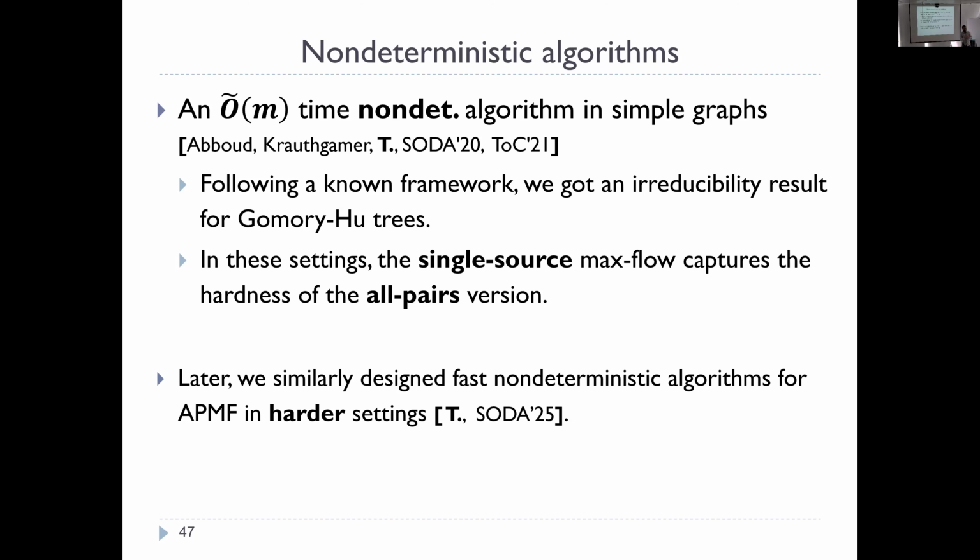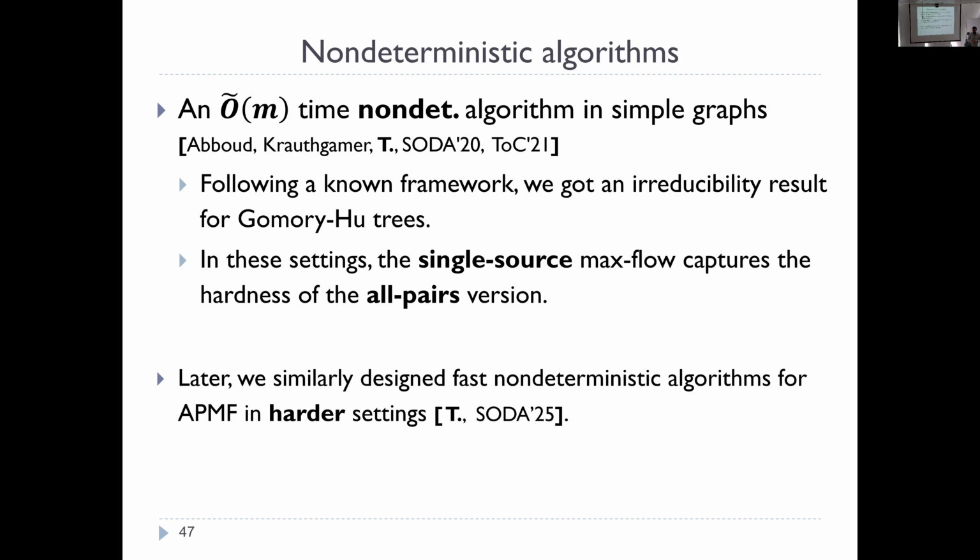So for example, let's talk about the maximum flow. You're given a graph and you just want to find the maximum flow between a pair of nodes. You can guess a cut, you can guess a flow, but just one of them is not enough because you don't know if it's the optimal one. But if you guess both of them and you verify that they're actually feasible, then you can say, okay, it's the same value, so I know this is a way to verify it very fast. So this is an example of a non-deterministic algorithm for a problem.